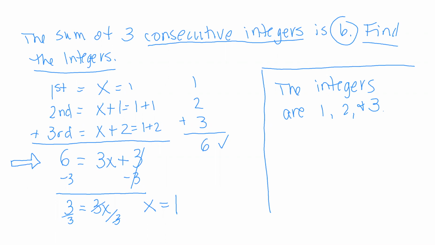Okay, got another problem. Let's see here. So the sum, and at this point in your work, when you do consecutive integer problems in Unit 9, they're all going to be like a sum, or you could potentially have a difference, but you're not going to have a product. A product would be tier 3, okay? So let's see, the sum of